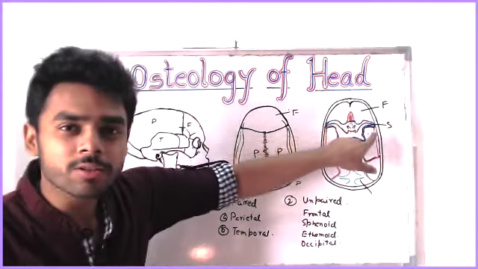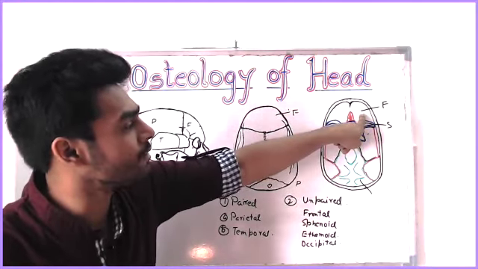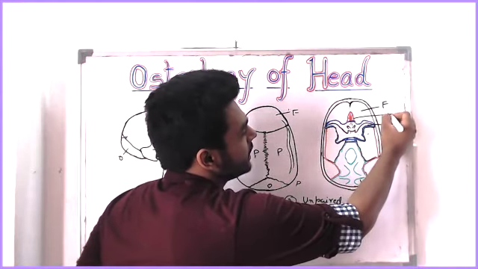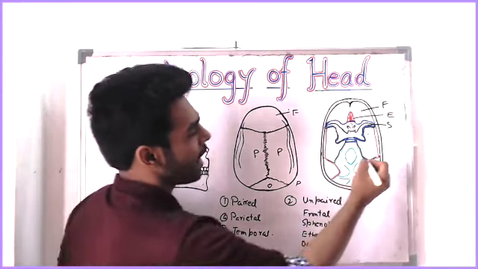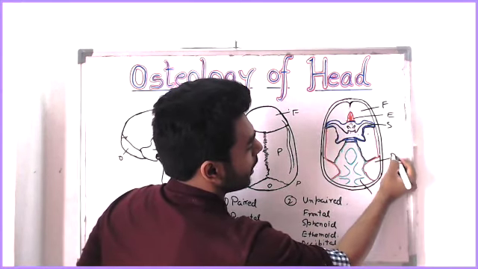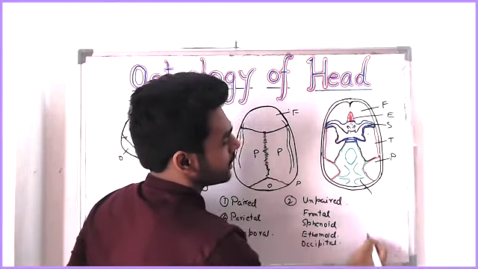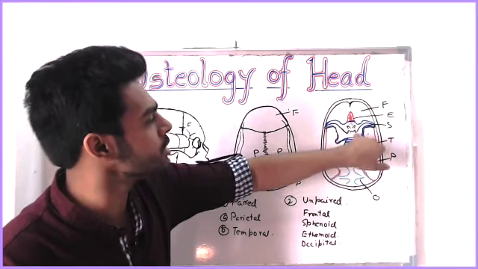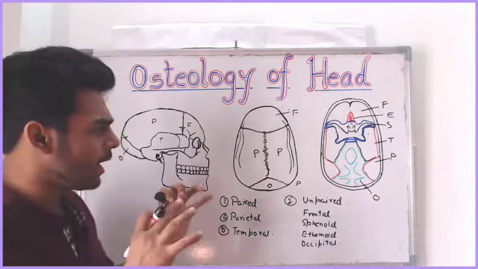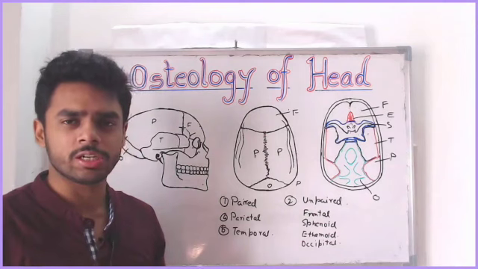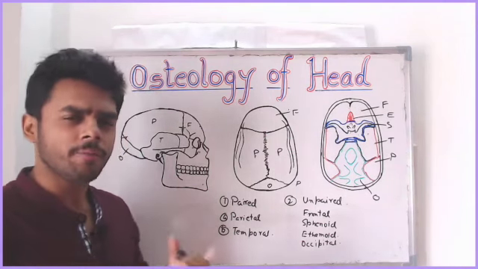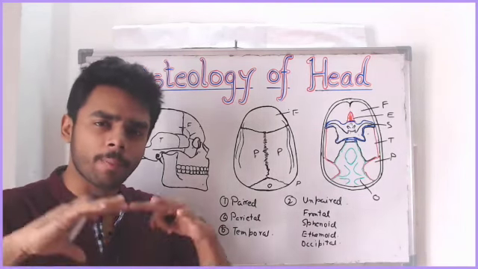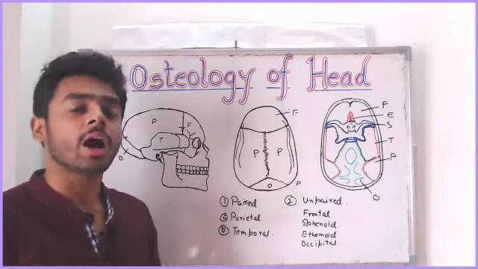Here also in the base of the skull, that is after removing the roof, here is the frontal bone part, then this is the sphenoid part, this is the ethmoid part, then we have this parietal bone part, this temporal bone part, and here this is the occipital bone. So I think the overall idea of the osteology of the cranium part is clear. After studying this cranium part, we will study a little about the facial skeleton, because we will study the facial skeleton in detail in another lecture.